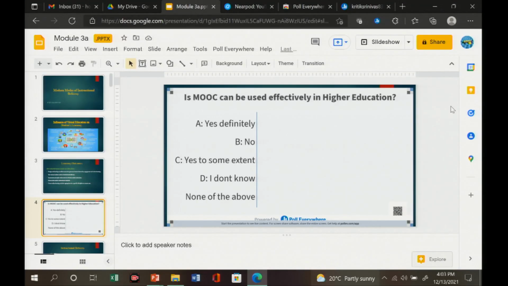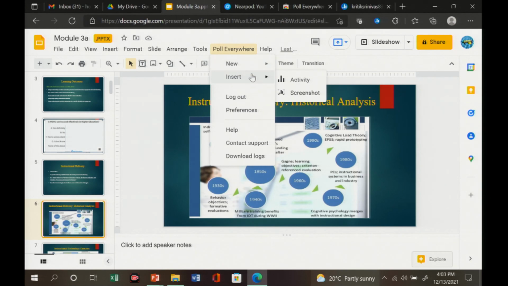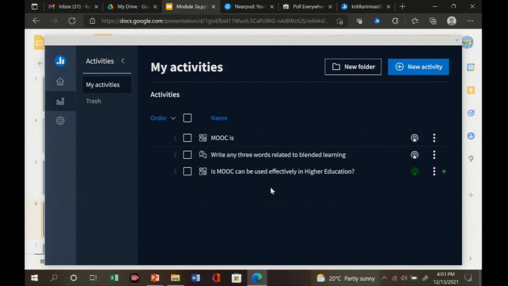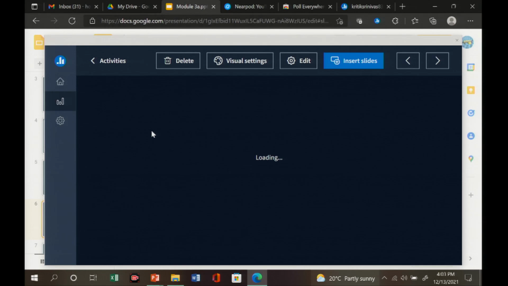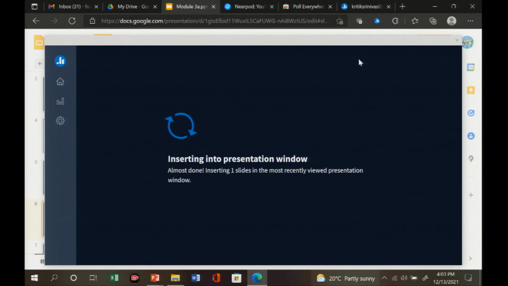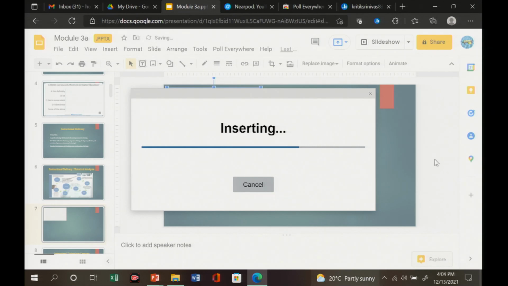So, now I can add one more activity. For example, after the 10th slide, I will add one more activity. So, Poll Everywhere, create a new activity. I will ask some kind of word cluster. Right, I have already created some activity, right? Write any three, it is something related to word cluster. Okay. Write any 3 words related to blended learning. Okay. I want to insert this slide. Okay. So, once I insert this slide,